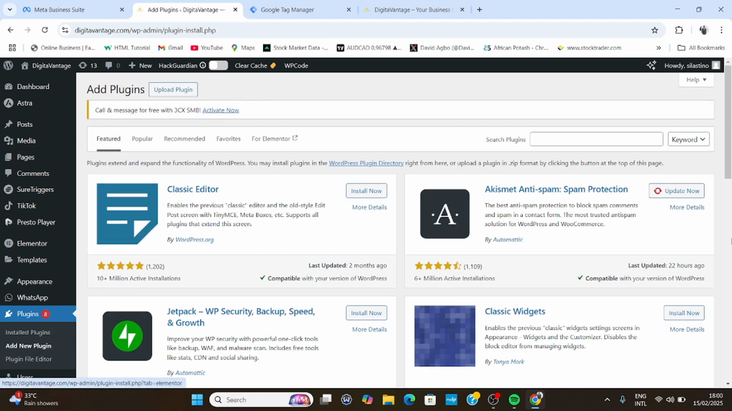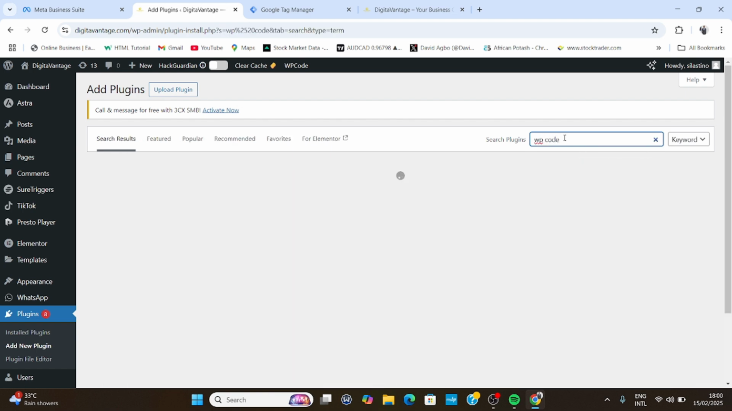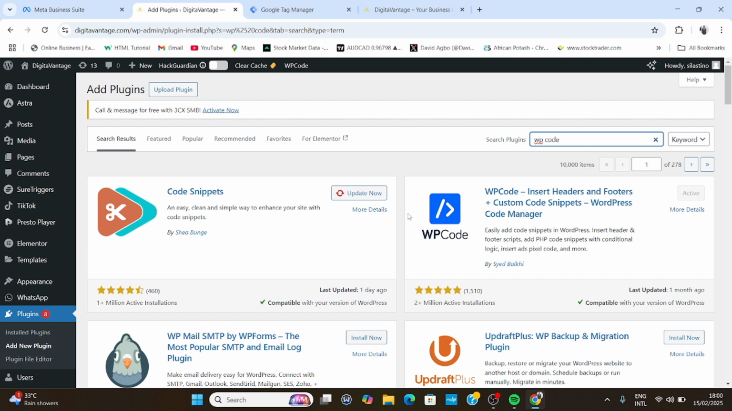Come to where you are seeing search plugin here, then type WP Code. So once you type WP Code, see this first one, the one that says WP Code by, I think, Baki here. Make sure that you install it. Once you install it, the next thing you have to do is activate the plugin. Once you install and activate the plugin, the next thing that you're going to be doing is